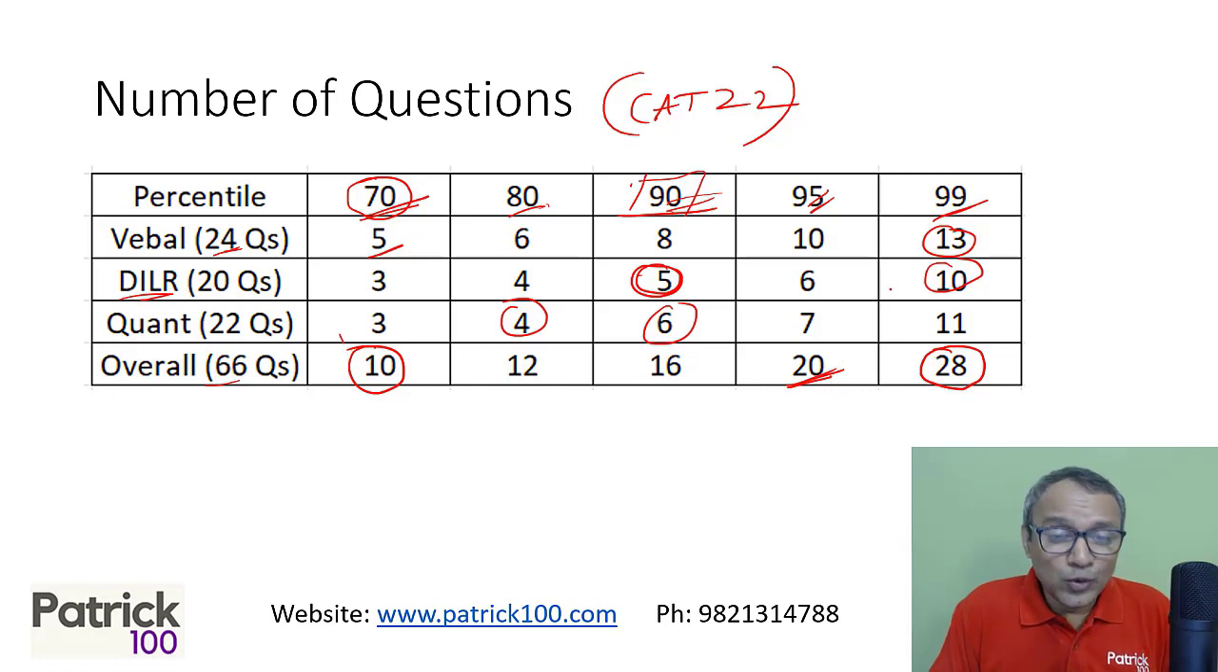Again, don't go with these numbers in a rigid manner. The numbers will change based on the toughness of the paper. But why have I given this, and why does it help? Because it helps you understand that if I'm just looking at the cutoff for quant, which is my weakest section, and I want to just clear the cutoff,